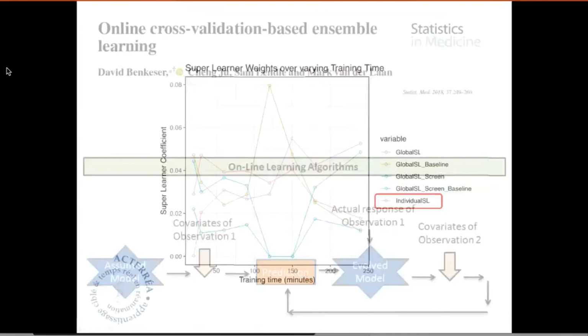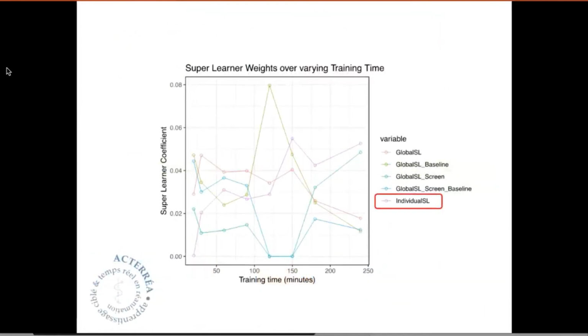That's when we started to think about combining online learners with population-based learners, or pooled learners, or global learners, that would learn at the population level. And so that's what we're working on currently. I'm just showing you this very preliminary result. I'm sorry here, but we just added some of those results and we feel excited about those. The idea here is that we have in the Superlearner library a bunch of algorithms working either as online algorithms, like the pink one here, the individual learner, or algorithms that actually leverage several historical patients that were made available to the Superlearner.